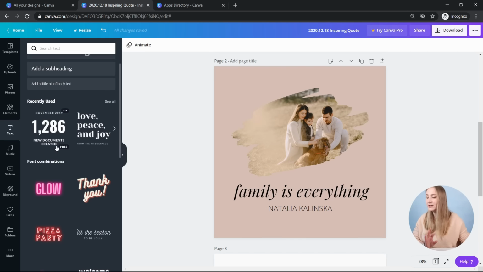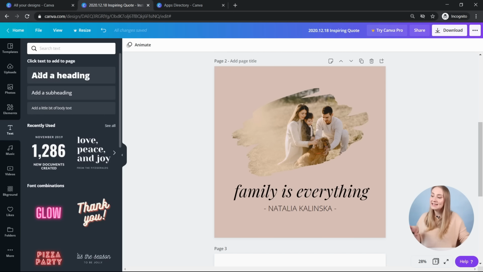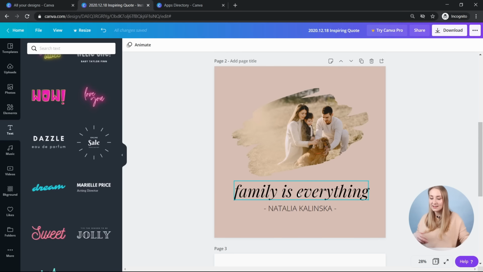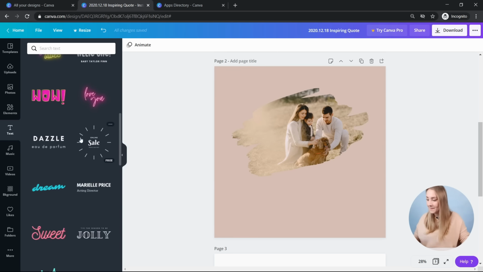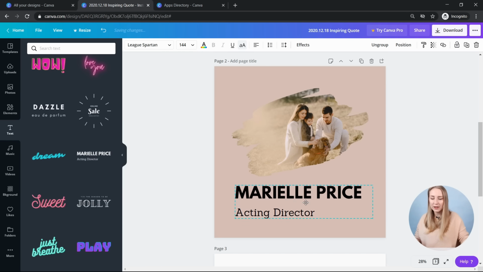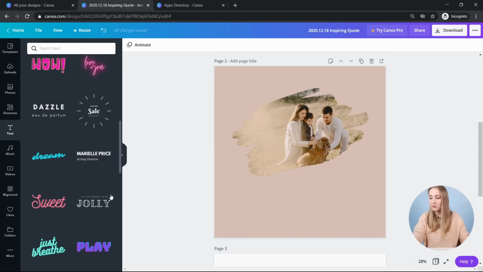A really cool thing that Canva offers are the font combinations. You can add text by clicking on these different panels, and then if you scroll down, there are different font combinations already prepared for you. You can have different styles. Let's delete these two, and you can choose this one if you like it. Especially if you're looking for a particular look for your brand and you're not very much into typography, this is a cool way to get inspired, look for different feels with the fonts, and maybe then stick to the one that you really like.